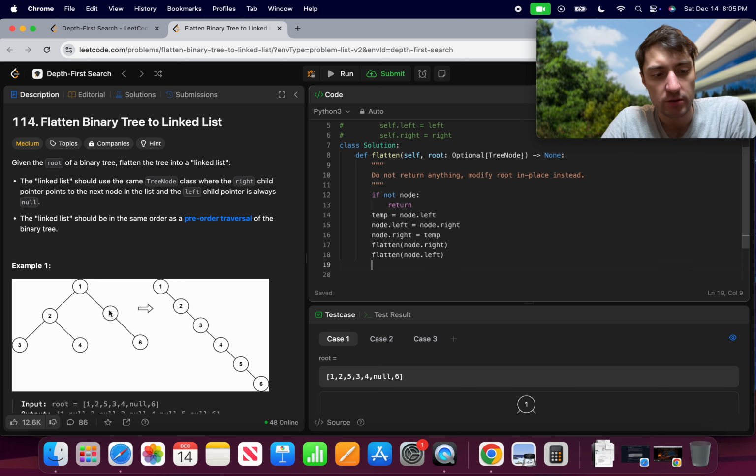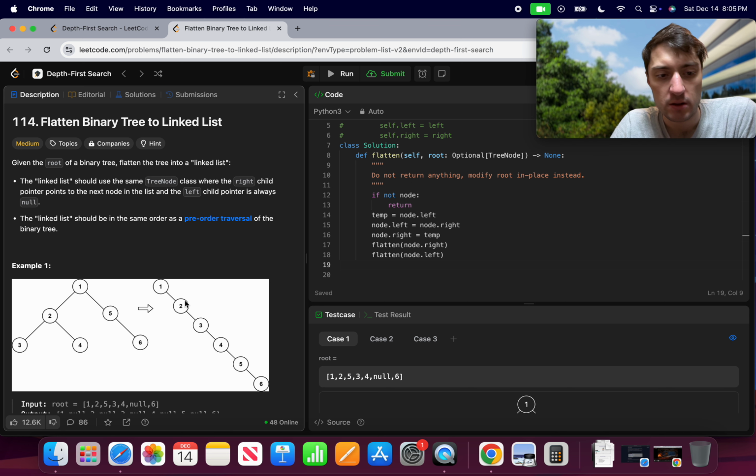So I swap this over here, so 2, and then 2 is here, and now I come back up, and now I swap 2's left and 2's right, so now 3, so it's going to be 1, 2, 3, that's correct, 1, 2, 3, it comes all the way down here, and then I will attempt to